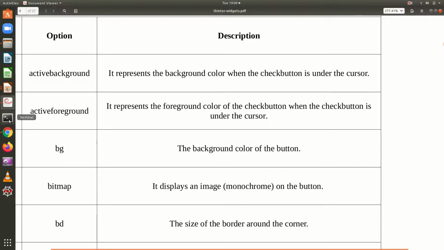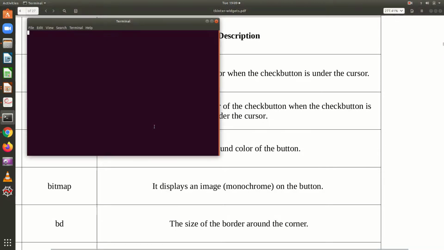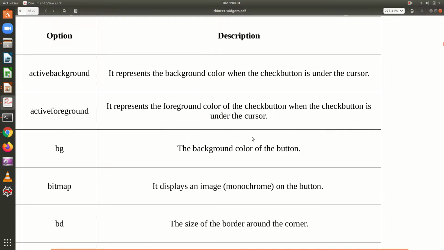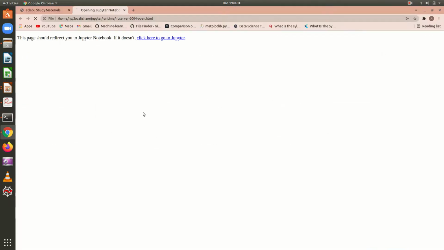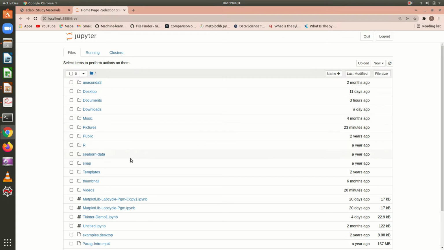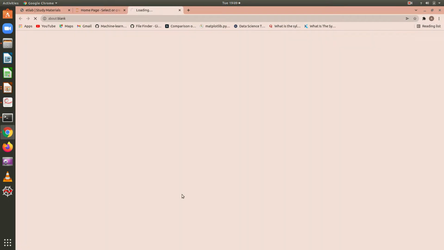If you want, let us open the Jupyter notebook and let us see how the check button will function. And the background color you can change, and if you want to have a bitmap for this, yeah, let us open this.